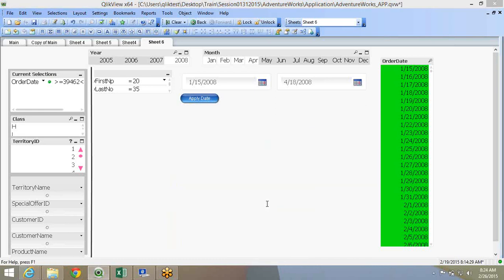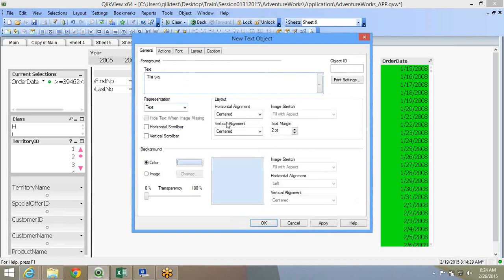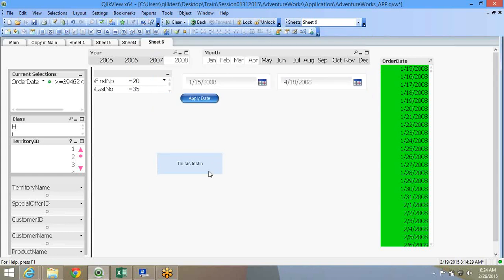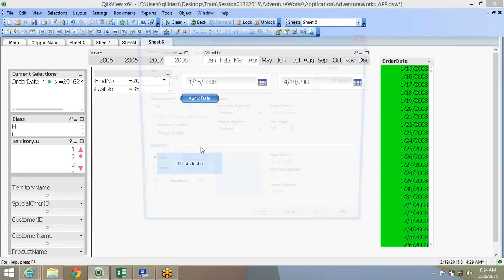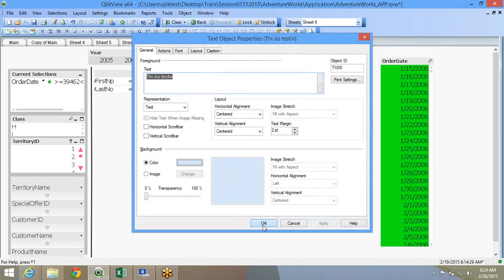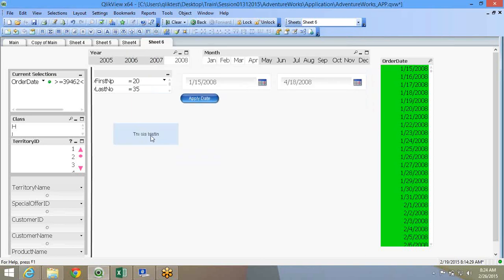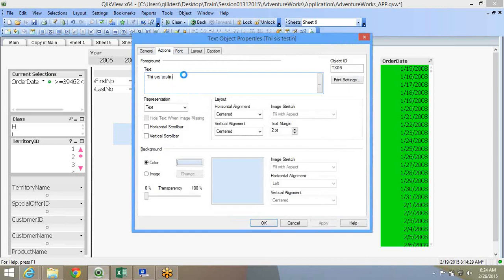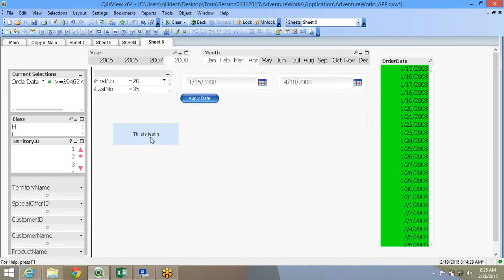Text object is nothing but a plain Jane kind of, you can just type this is testing. But it is also a very powerful object. How it can be utilized or why, I will explain in the next session, because this has the power to write expression, and whatever you see in the demos, most of it is text objects. And text object also comes with a trigger, right? So you can use a button to set a trigger, and you can use a text object to set a trigger. I'll explain in detail at a later point. We can set this.